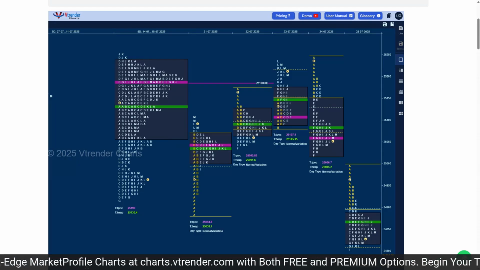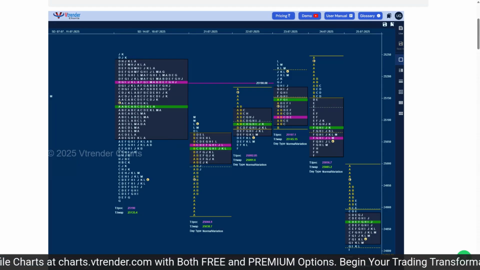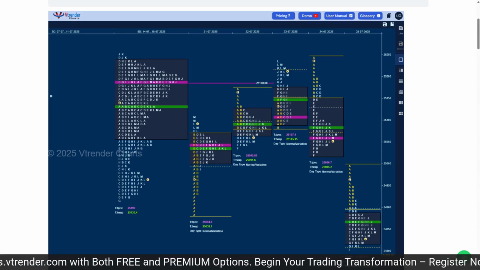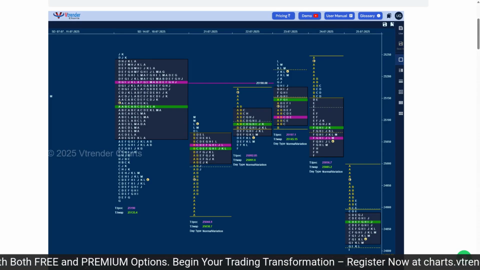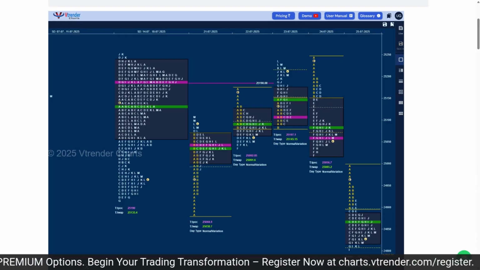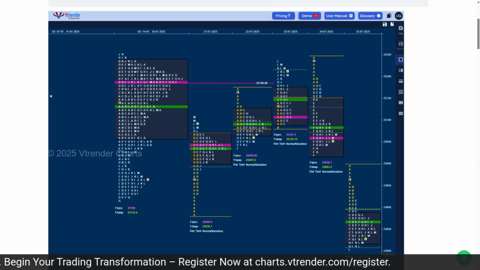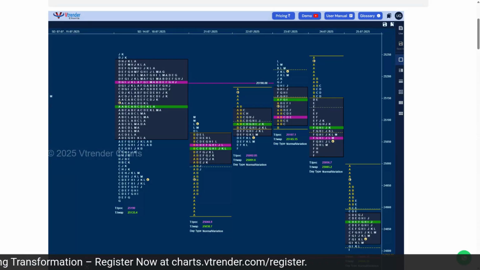The 80% rule works best in balanced value area zones. And so that is what we need to look for, about where we have balanced value area zones. And that is where we will get our marker. So this was the value area